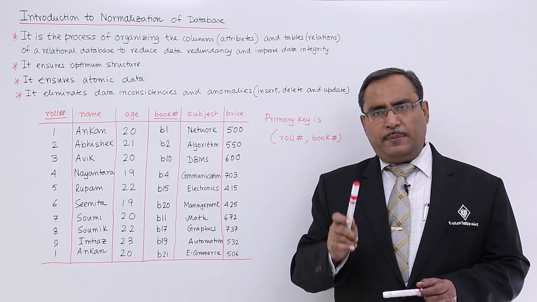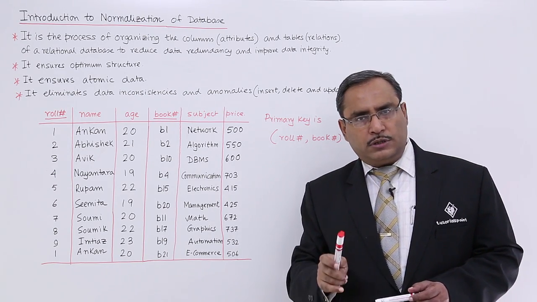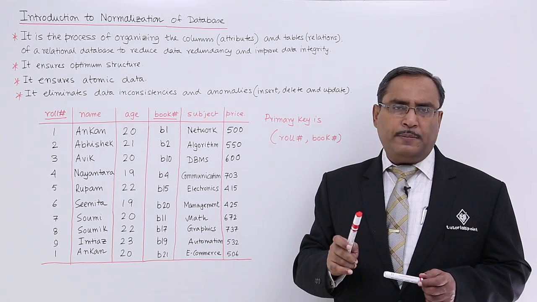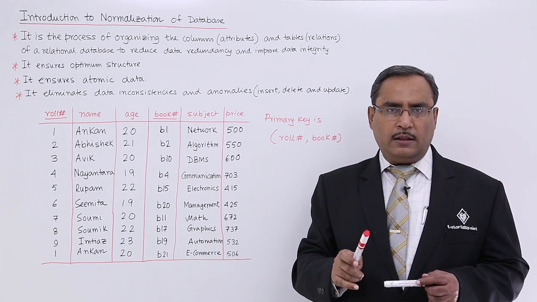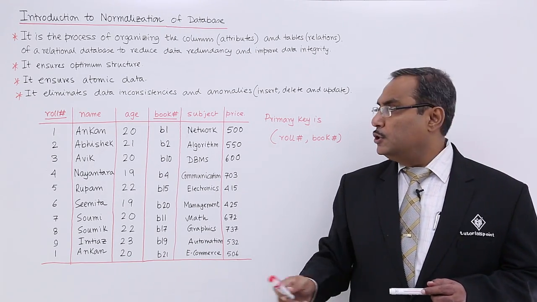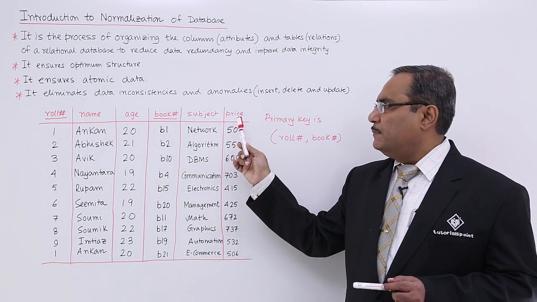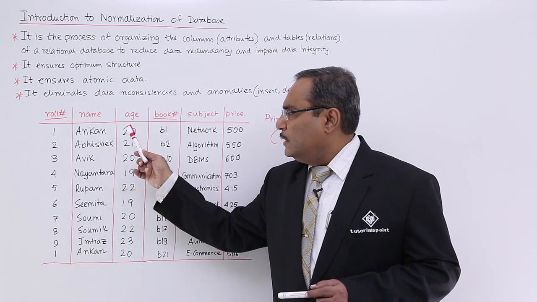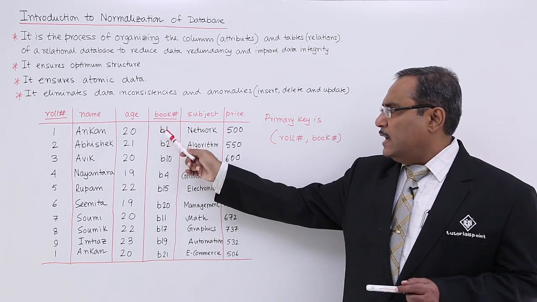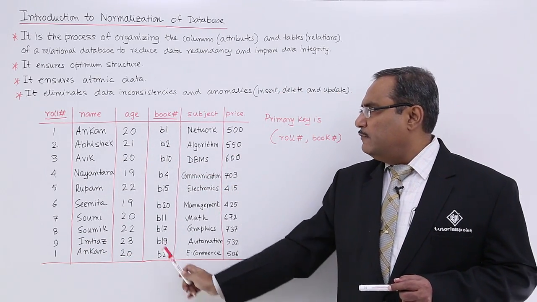So, whenever we are having some prime attribute, then 2 constraints are there: we cannot update the prime attribute and we cannot leave any null against those attributes. So, let us suppose we are having this roll number, name, age, book number, subject and price, and these are the list of names given with the ages,